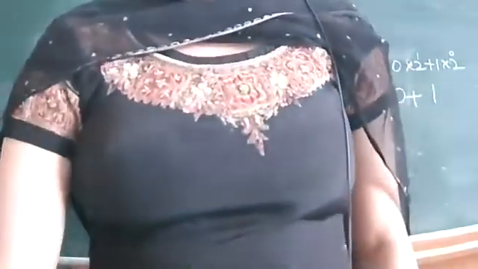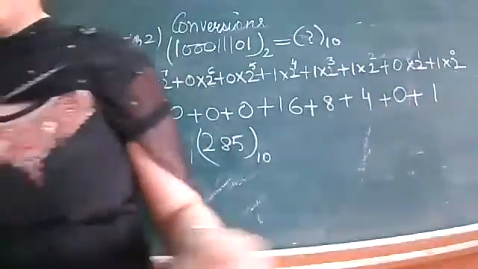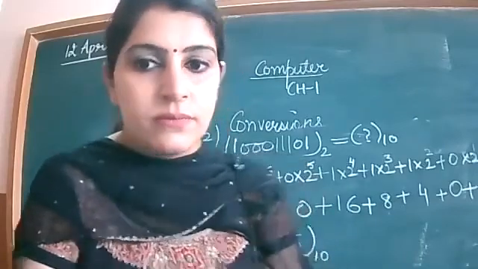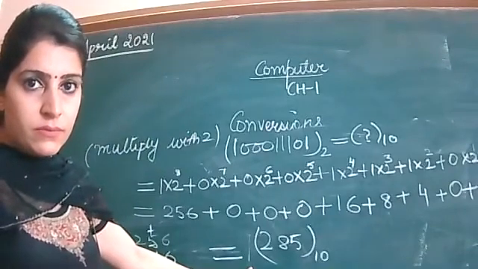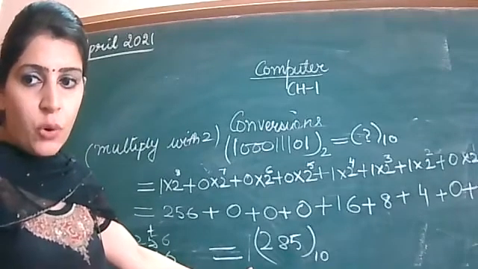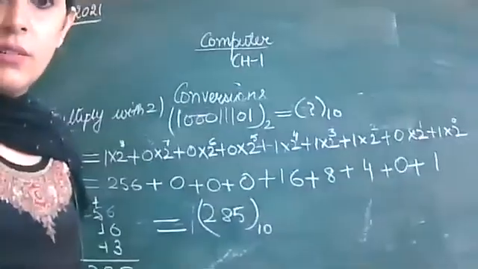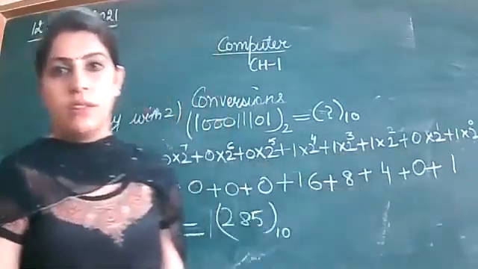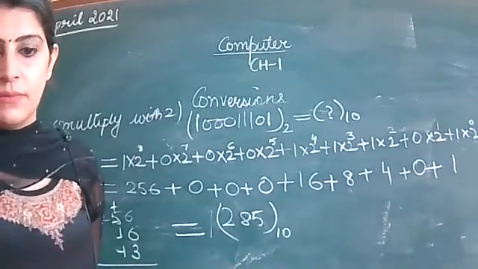Okay. Now coming to the exercises, children. Open page number 14 of your book. You wrote the answer 285 and 10 in the base, but the answer will not be 284. How is 284 coming? There is also a 1 in the last. Ma'am, 285 is coming. 2 raised to power 0 is 1. Okay ma'am, it was not written on the slide.